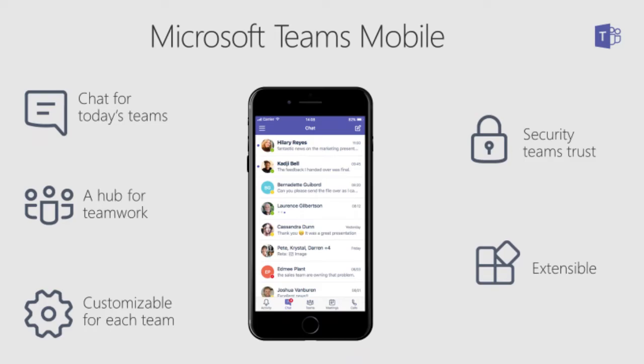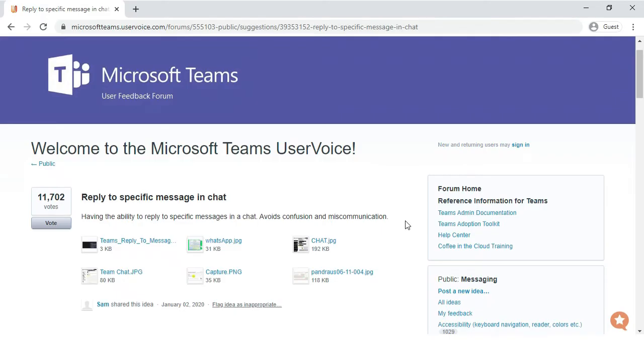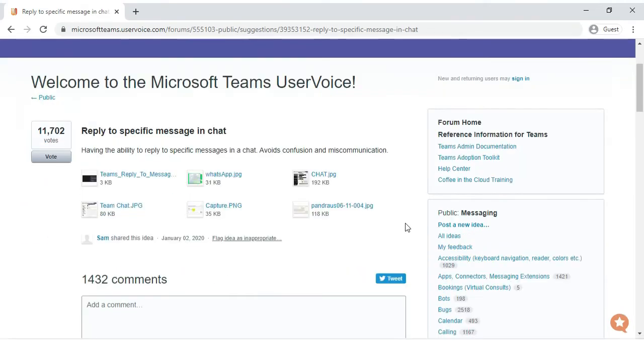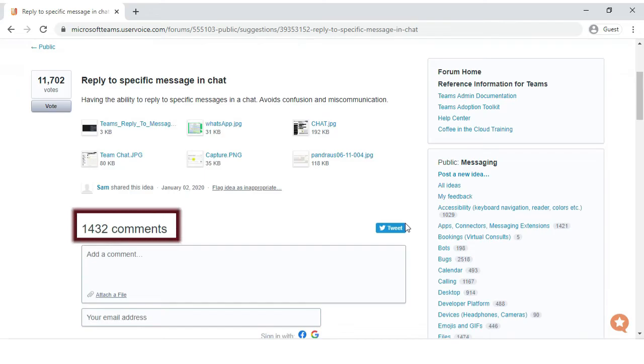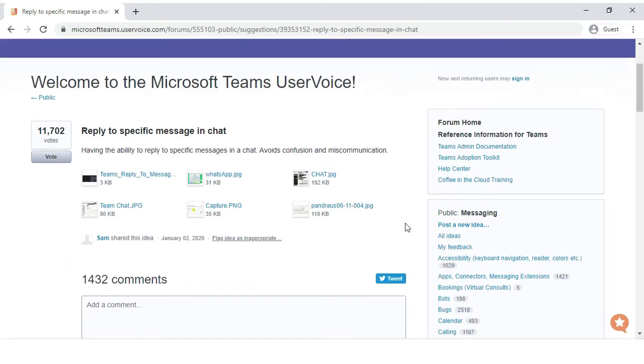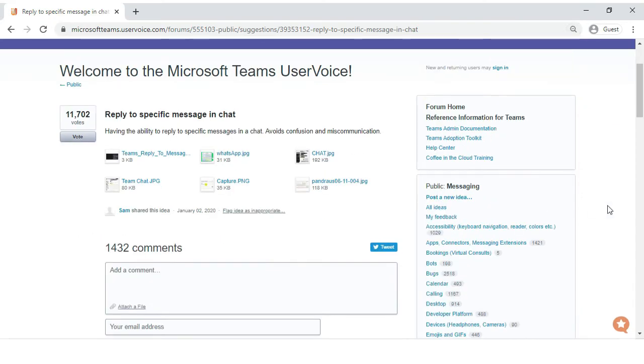And also, if you look at the user voice section of Microsoft Teams, this feature is one of the most highly voted requests with over 11,000 votes and more than 1,400 follow-up comments. This request has been raised a couple of years back. Unfortunately, there is no official fix yet made available. However, there is a manual workaround to send an inline reply. First, let me show the manual workaround, and later I will explain how to automate the manual workaround using keyboard automation.